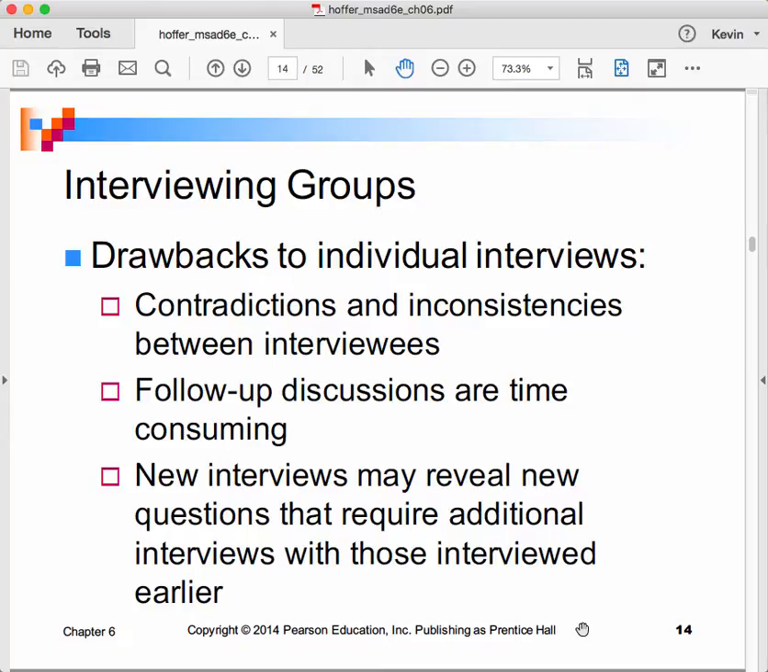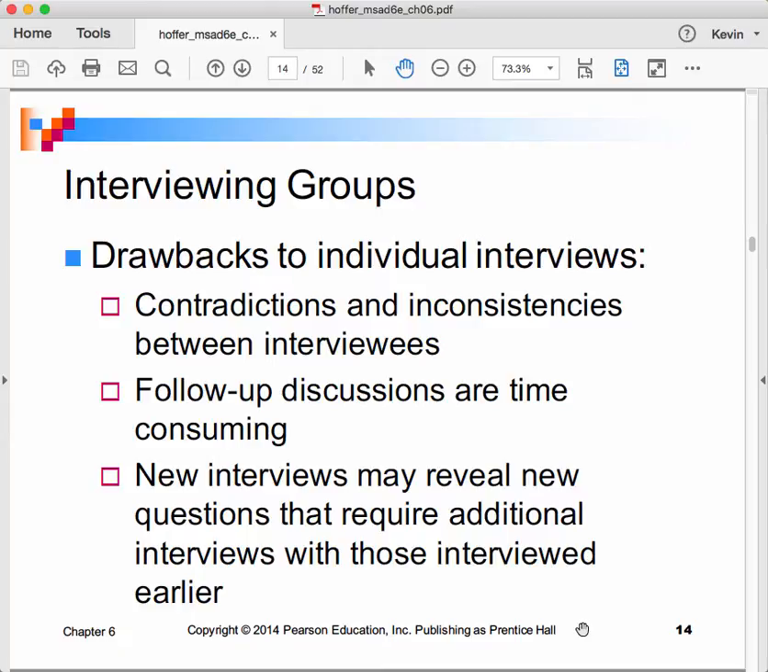Now, where we're going to work to from the individual interviews is we're going to say, well, maybe we don't want to do individual interviews or all individual interviews. We may want to interview some people in groups. Okay, so why might we want to do that? Are there drawbacks to individual interviews? Well, one of them is